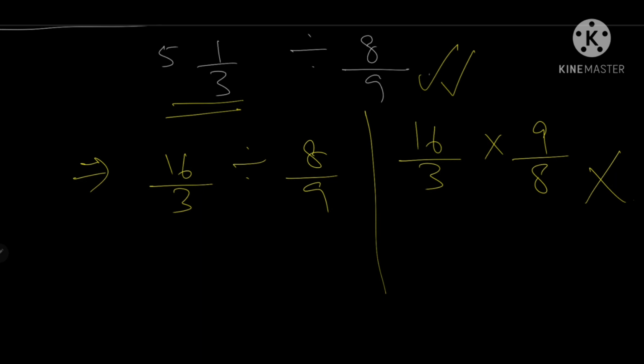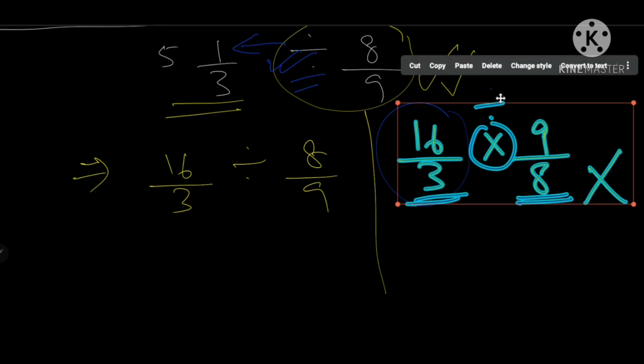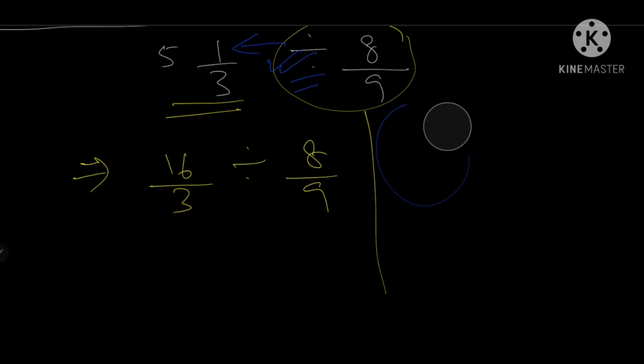If I am the teacher, I will mark it wrong. Why? The simple reason is that this division sign out here was for 5 whole number 1 by 3. Now we're getting 16 by 3, so there's a difference in the calculation out here. If you're converting it, we will make sure that these two things are on the same page with the division sign, and not with the multiplication sign, and nothing reciprocal. This division sign was for 8 by 9. It wasn't for 9 by 8, right? So first complete that portion and then do the rest of the part.